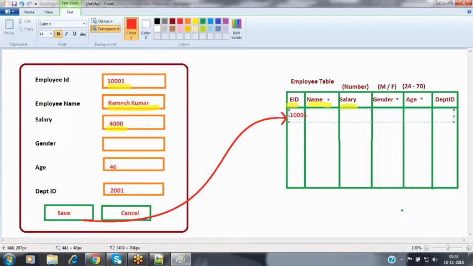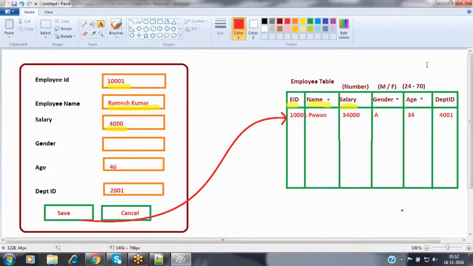The name I have entered is Pawan. Salary I have entered 34,000. Gender I have entered capital A. Age I have entered 34. Department ID 4001. So these are the details I have entered here.